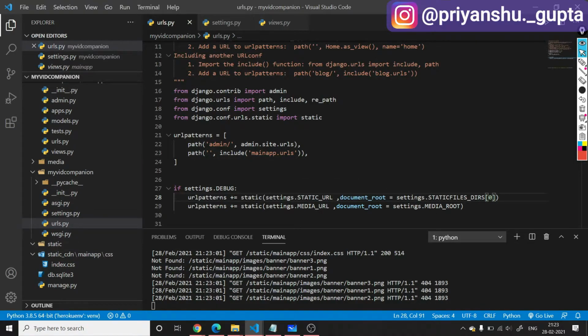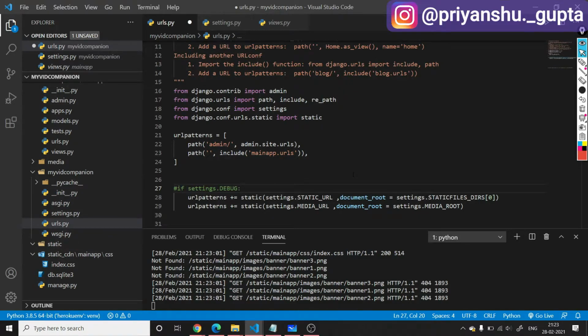Even if I remove this if settings.DEBUG here, these two URL patterns will not work if DEBUG is equal to False. This static module of our Django will work only if our debug is on, because it is designed in such a way that it automatically switches off. Django does not handle static files on its own.